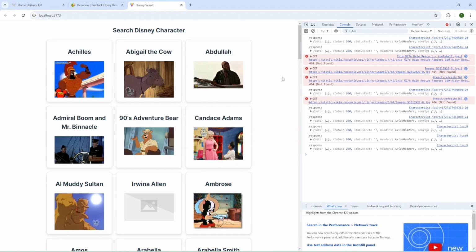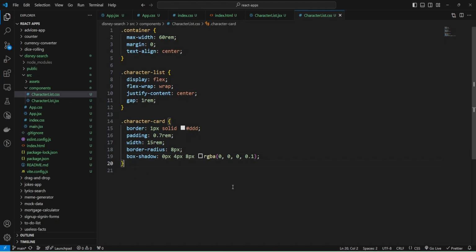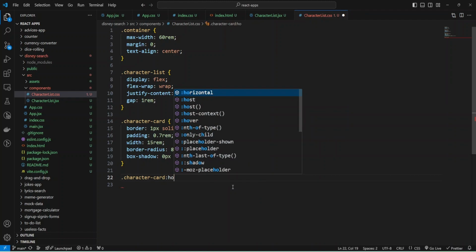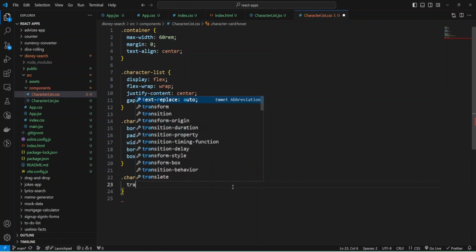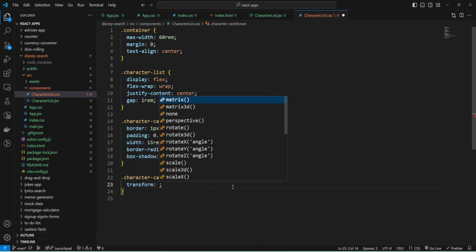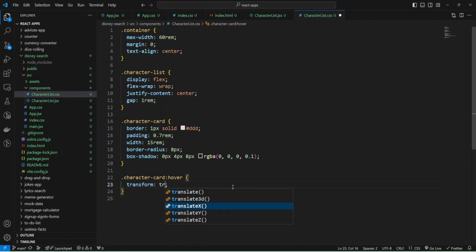Let's add some styles for hovering over the card, and it will be character card, hover pseudo class, and we'll add some transform and apply function translate, and we'll make it -5 pixels, and let's check what we have.